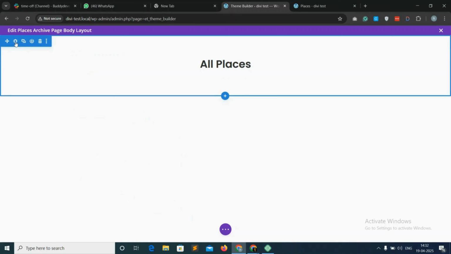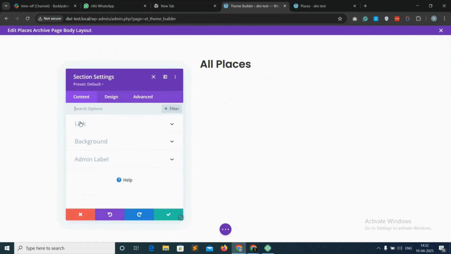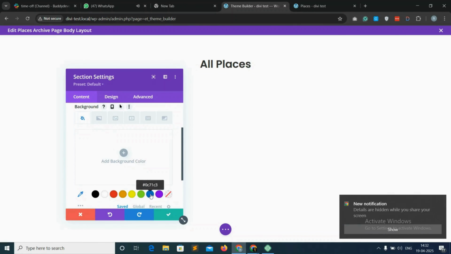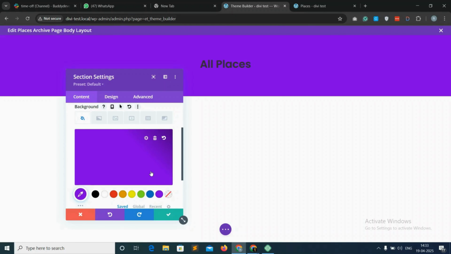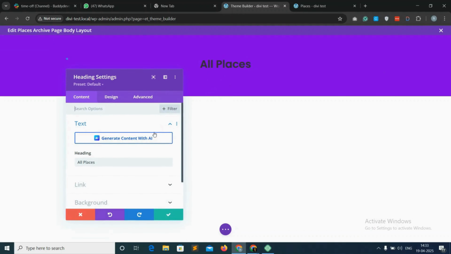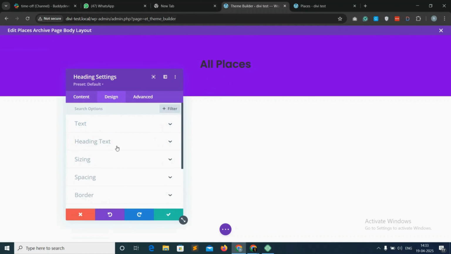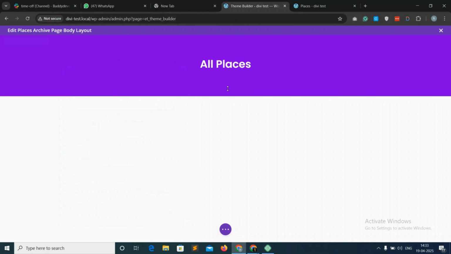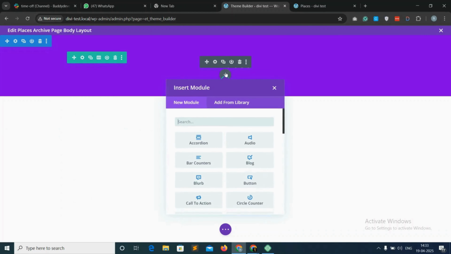Then we will be giving this section a color. So for that, coming on to background, we are adding the color and then changing its opacity level. Then we will save it and we will change the text color to white. We will be changing this from design section. Then we will save it, and below this we will be adding a search bar,